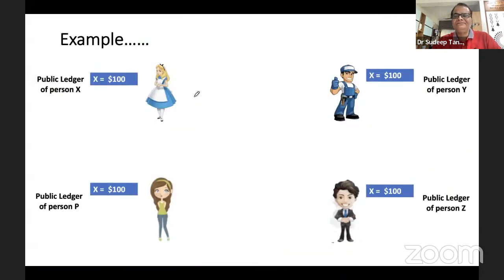Now moving further, I will tell you in a simple way how blockchain technology works. But prior to that, let me tell you what the reason is. Let me tell you in a very simple way that in a normal financial institution, let's say I want to transfer